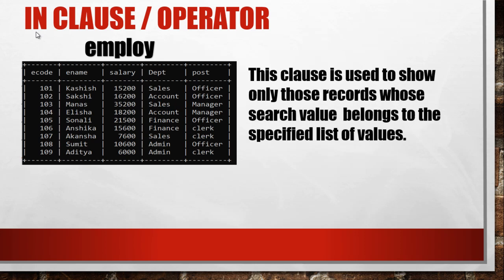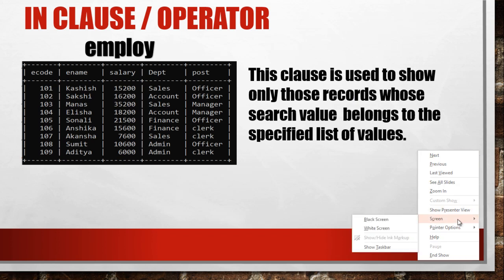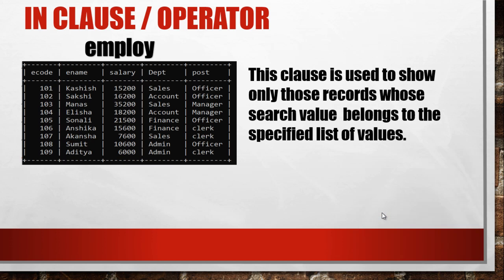What is the purpose of this clause? You can see that the definition is written. This clause is used to show only those records whose search value belongs to the specified list of values.